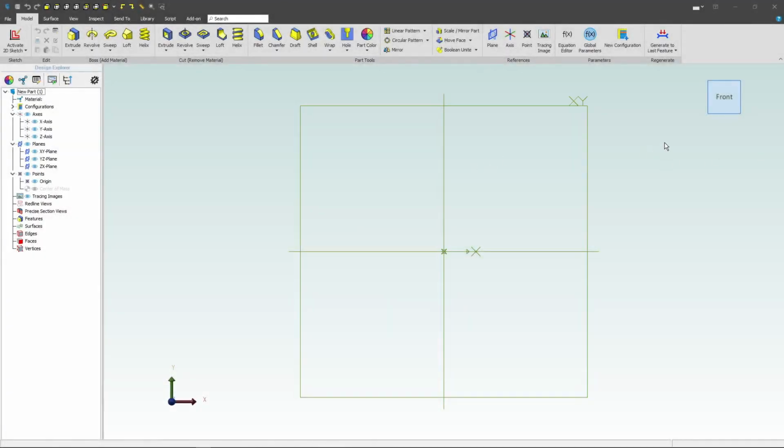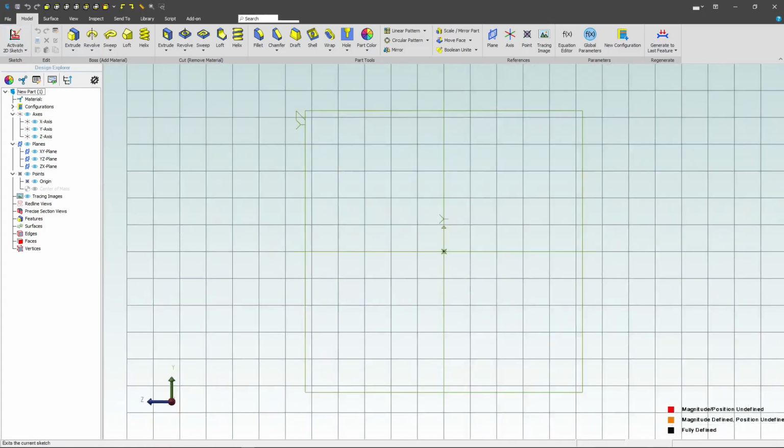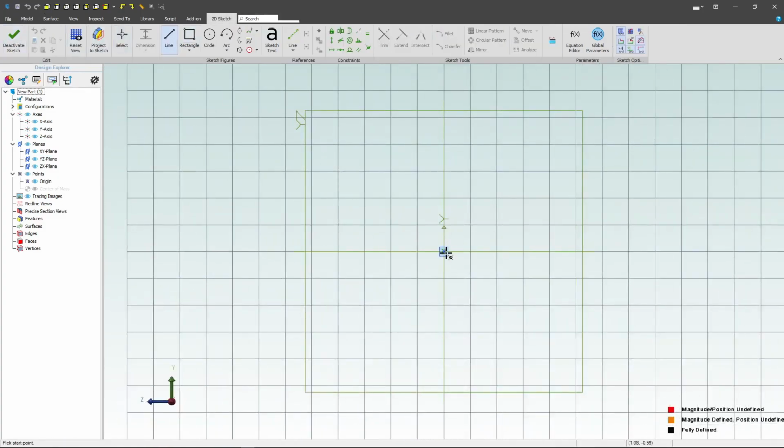Welcome to this first exercise with the Alibre parts. Let's start by making, of course, the part from exercise number 1, which starts on the YZ plane, which we'll find right here. We'll activate our sketch, and I'll start using my line tool by clicking on the origin and